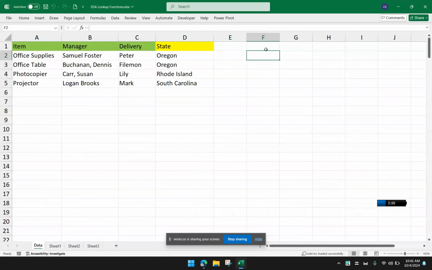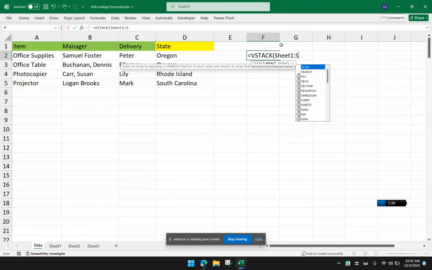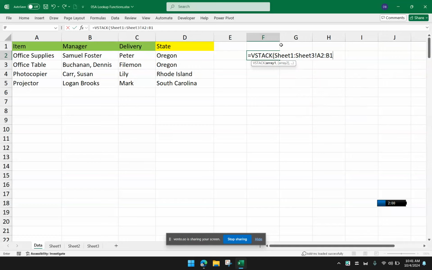So what I'm going to do is a VStack. But instead of highlighting each of the worksheets, I'm going to identify sheet 1 until sheet 3 from A2 to B14. So I did not highlight each of the ranges from each of the worksheets one by one.